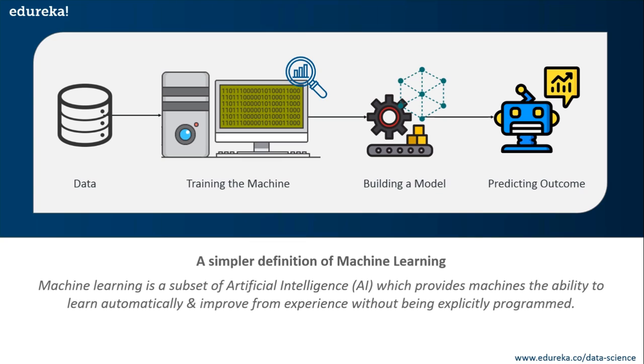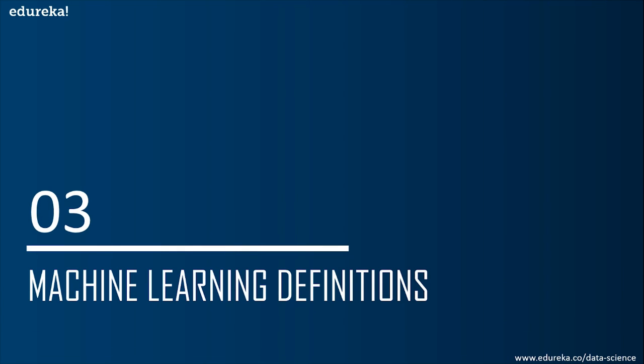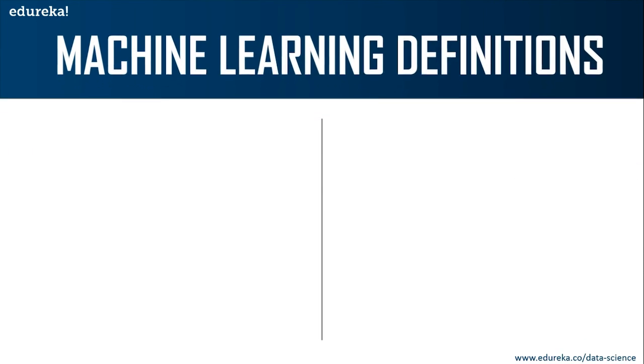Okay. So basically, you're going to feed a lot of data to the machine. The machine is going to get trained by using this data. It's going to draw useful insights and patterns from it, and then it's going to build a model by using machine learning algorithms. This model will help you predict the outcome or help you solve any complex problem or any business problem. So that's a simple explanation of how machine learning works. Now let's move on and look at some of the most commonly used machine learning terms.